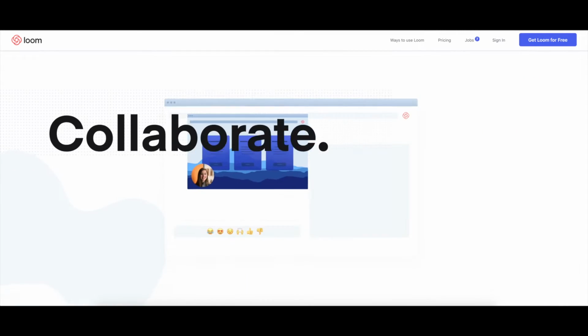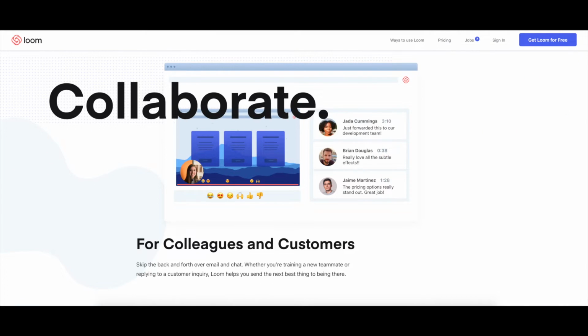So I love using Loom to answer emails. It's also really great if you need to film SOPs, those standard operating procedures, or tutorial videos. And you'll notice that I do this a lot. I will shoot a tutorial video. Here's how you do something, and that will most likely be in a Loom video. So check out Loom, it will totally change your business.